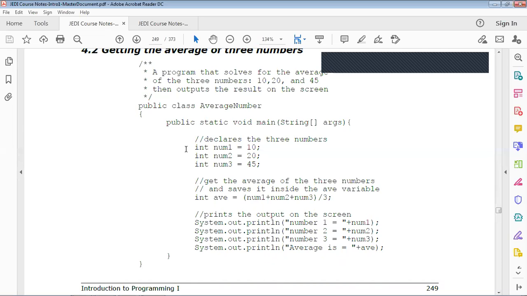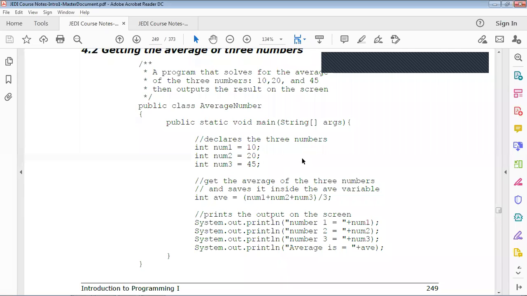So int, we can do multiple declaration: int num1, num2, num3. Int num1 equals 10, int num2 equals 20, and the user-defined identifier num3 equals 45.